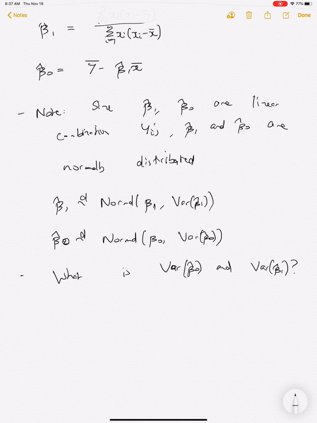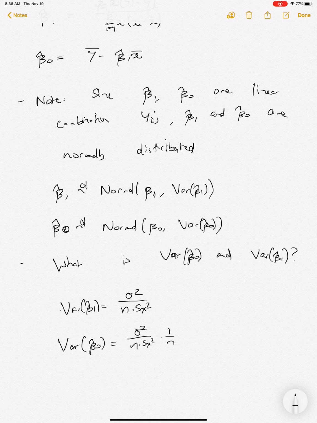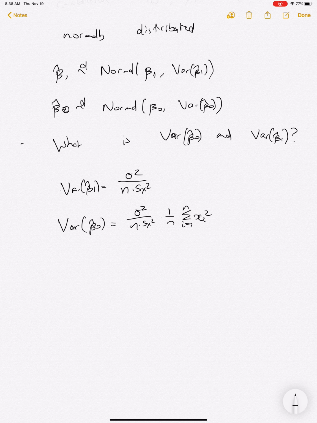But what you can show is that the variance of beta hat 1 is equal to sigma squared over n times sx squared, and then the variance of beta hat 0 is equal to the same thing, but then we have this extra term. Okay. So therefore we have that